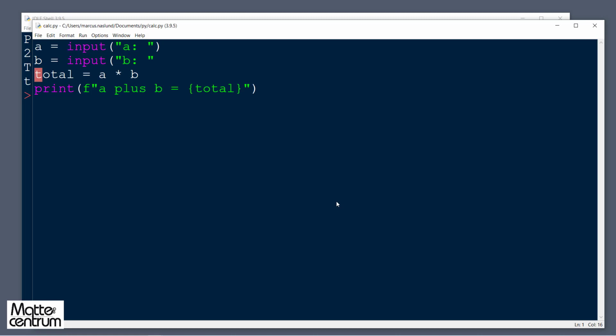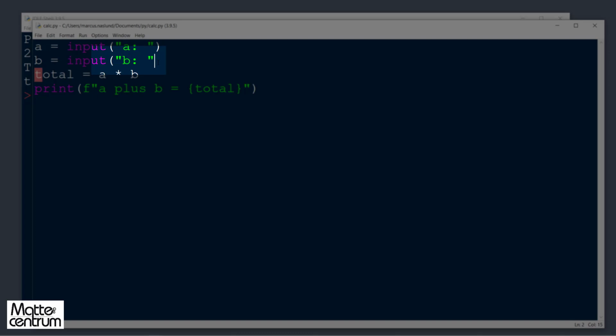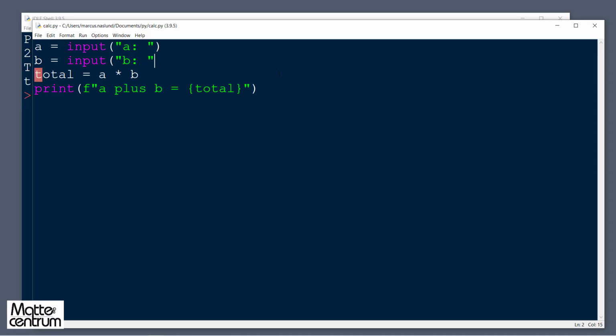And in this case, we're missing a right parenthesis. There's a left parenthesis here, but there's no corresponding right parenthesis. And this seems trivial, but Python doesn't understand what it should do at this point. And this is an example of a syntax error or a language error. If we save and try to run this program now,